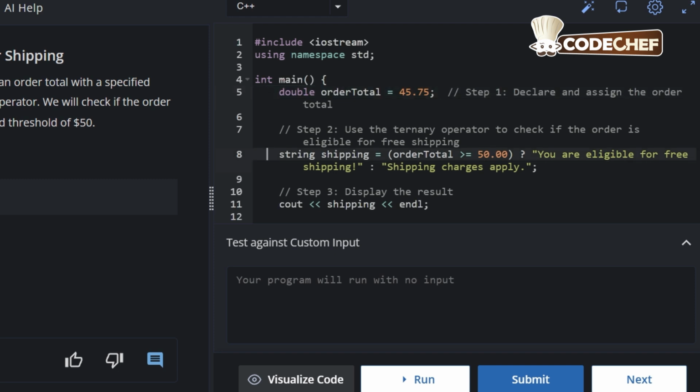So here we have initialized a string type variable, shipping. In this variable we are using the ternary operator to check a condition. Now what is the condition? orderTotal >= 50 ? "You are eligible for free shipping!" : "Shipping charges apply";